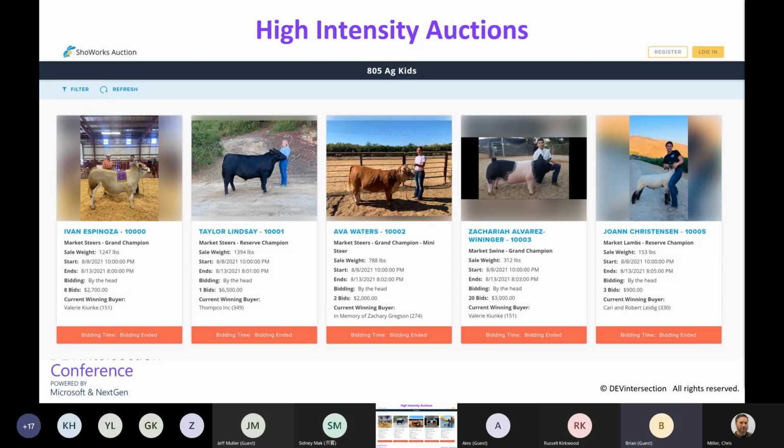The page refreshes are off the table. You can't just poll and refresh every 10 seconds. Whenever there's a price change, whether it be a livestock auction or a car auction, those price changes, a bit of data needs to be actively pushed out to the clients. And so that created some interesting architectural requirements there. And this is one of the screenshots of the software applied to some livestock.